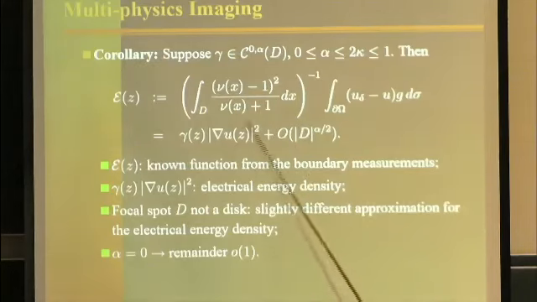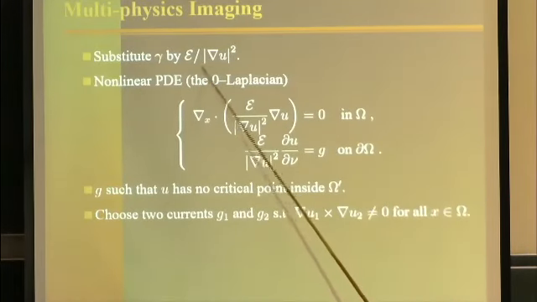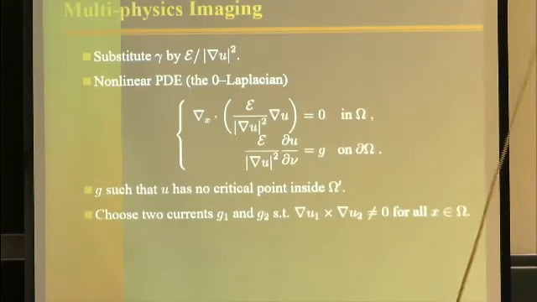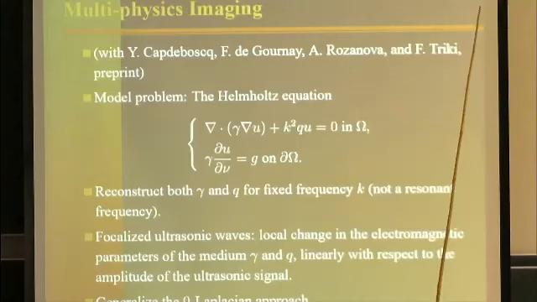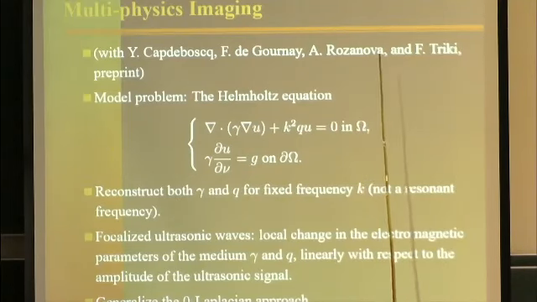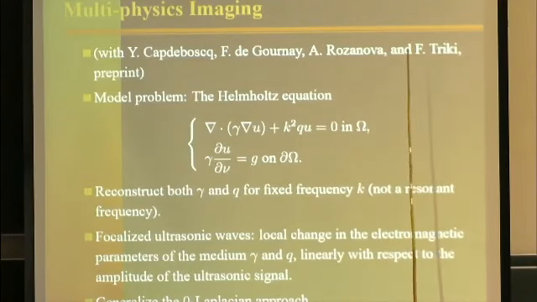Or you use this information, E equal to gamma gradient u squared, and you make optimal control algorithms. And our experience shows that it's better to make optimal control algorithms than this iterative resolution of